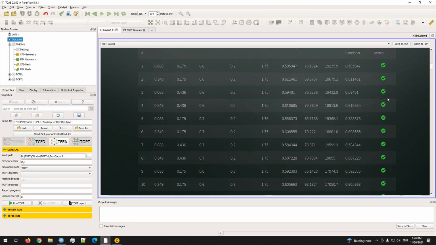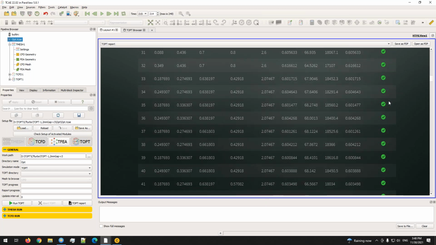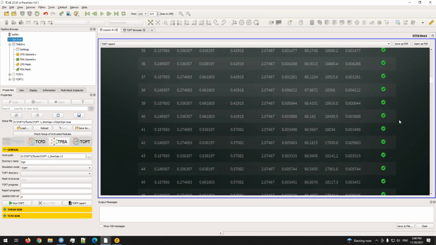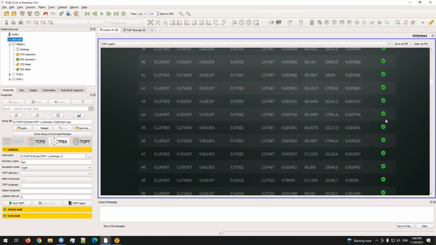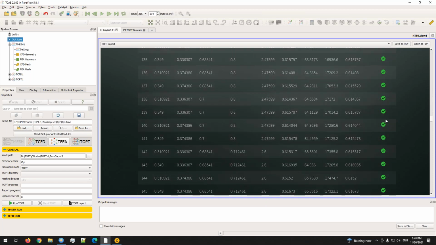So there are some basic parameters, like whether the residuals are good, or whether the flow rate is oscillating too much at the inlet and at the outlet, and other parameters, which will give you a first sign of the simulation. So there is a big table of all the variants,